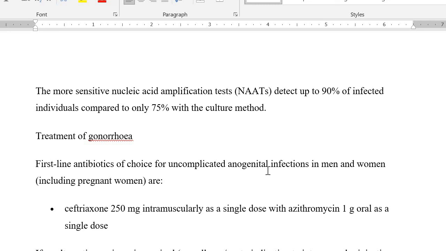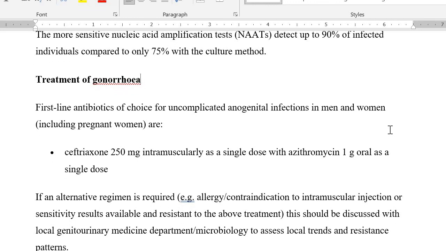So NAT is going to be a better test because we can detect up to 90% of the samples of infected people. So what is the treatment of gonorrhea? You should know that right now people are suffering because there is too much resistance to ceftriaxone. First-line antibiotics of choice for uncomplicated anogenital infections in men and women are ceftriaxone 250 milligram